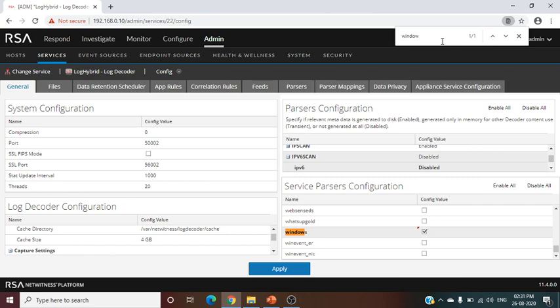Now if you have integrated your Cisco firewall, just tick mark Cisco ASA. If you have a Palo Alto firewall, tick mark Palo Alto. And if in your environment there is an antivirus, Symantec antivirus, tick mark Symantec AV.